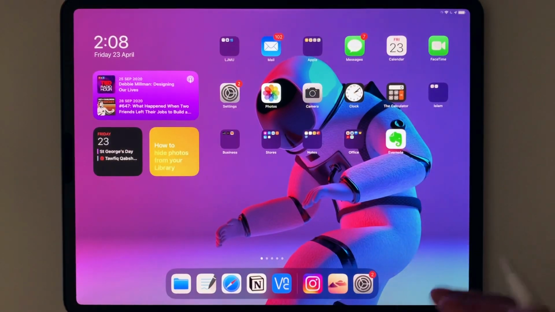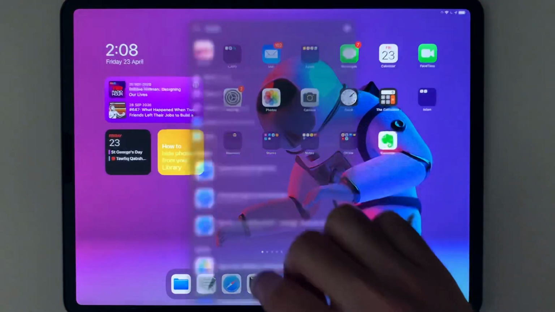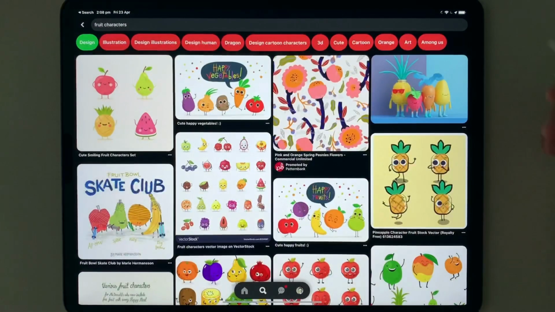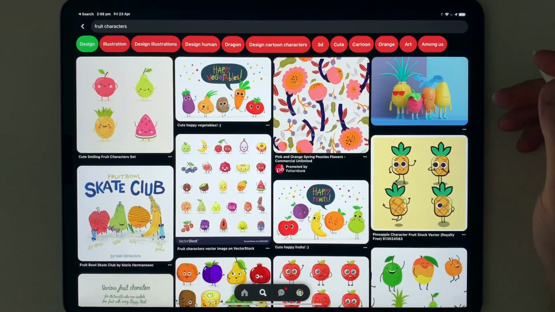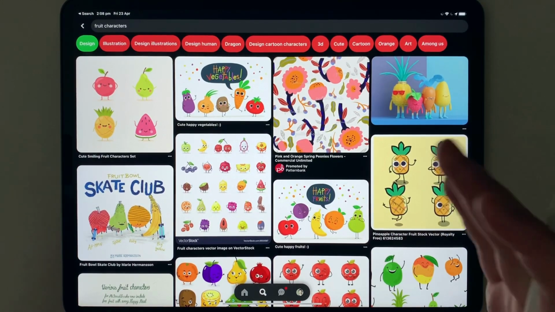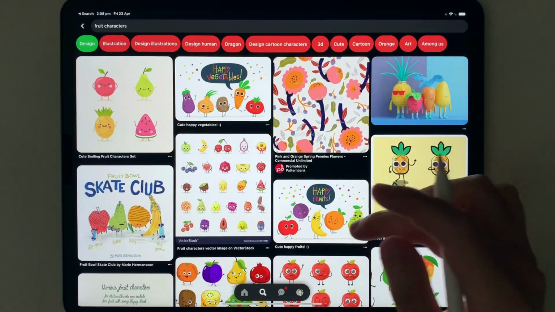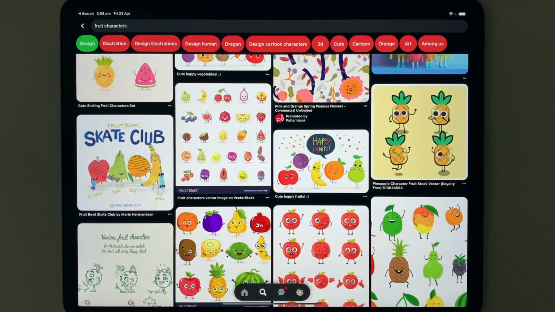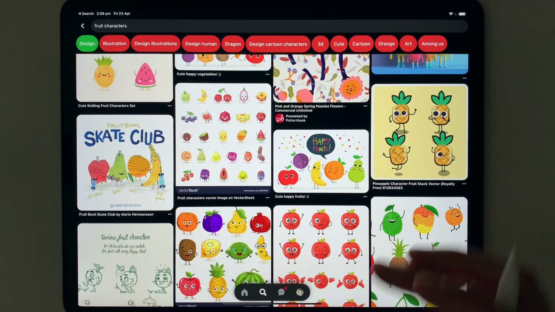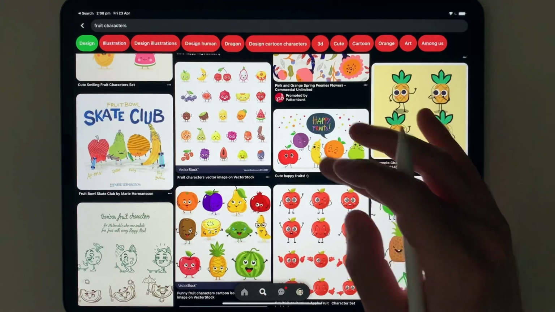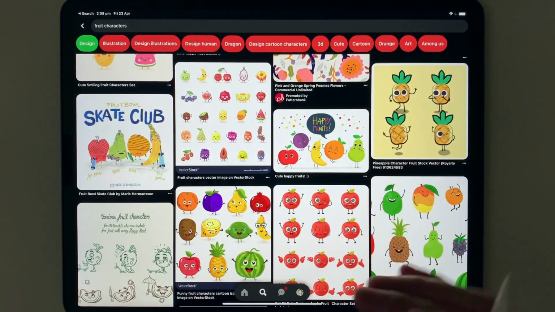Before starting any character design, it is really good practice to look into references. So before starting, I had in mind to create an orange character based on the fruit. And why orange? Because I thought orange is the simplest shape and form that we could have, which is basically a sphere, and then we could manipulate that sphere to make it a little bit